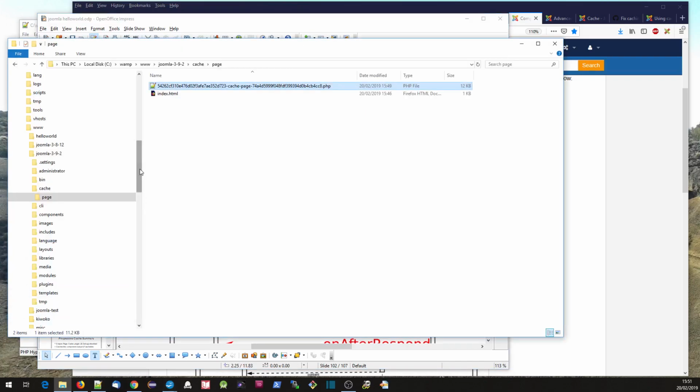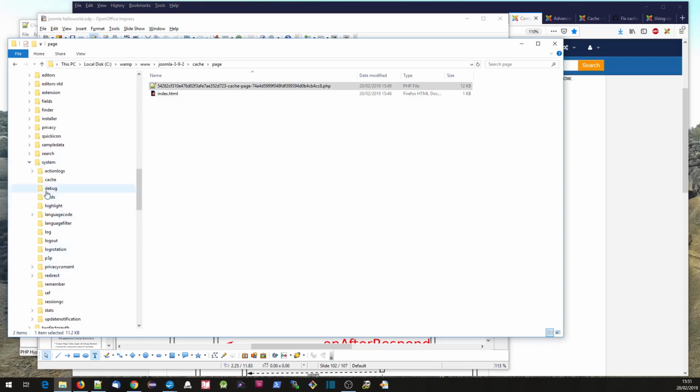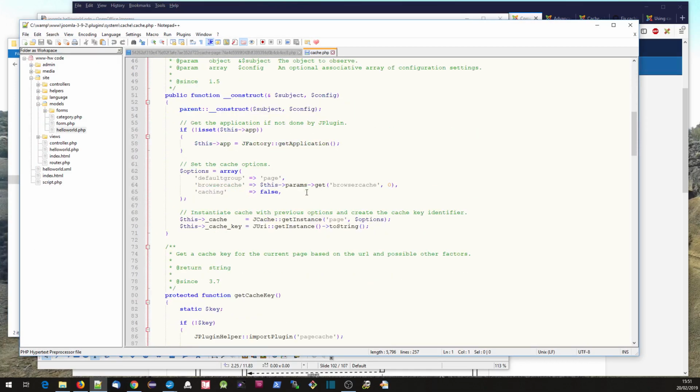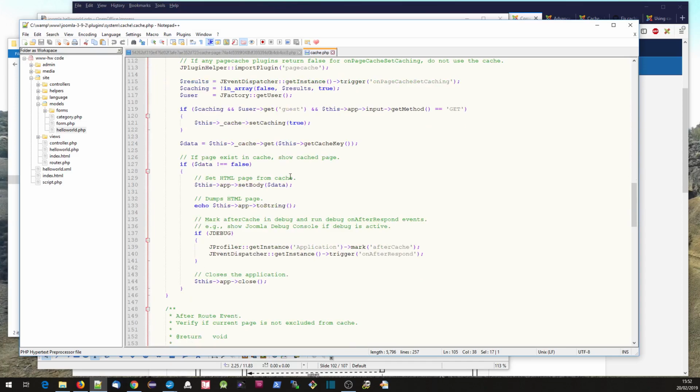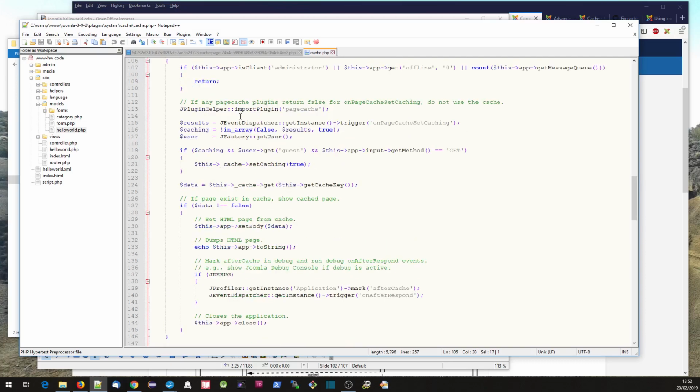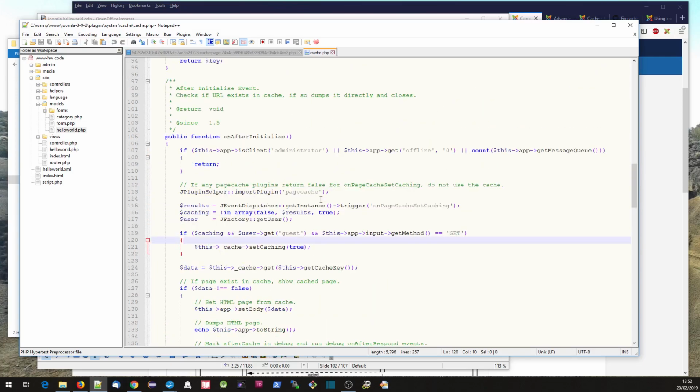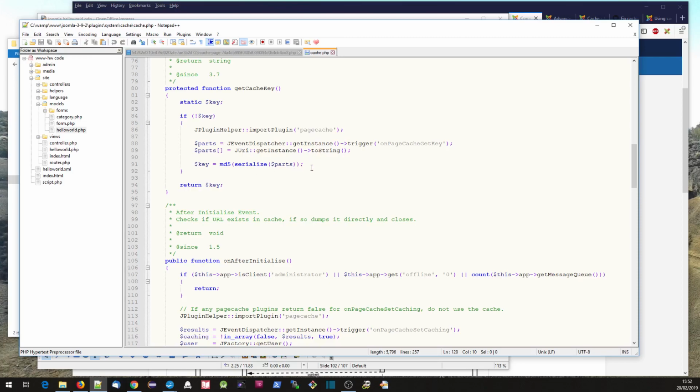So if we go and have a quick look at the code there, it will be in our plugins directory under System Cache. So plugin System Cache, and you can see here it's onAfterInitialize. So this is the method which gets called whenever that event is triggered by the initialization routine of Joomla. And what it does is it basically checks, for example, that caching is on, uses this to determine if the user is logged in, and then just really gets the data from the cache,